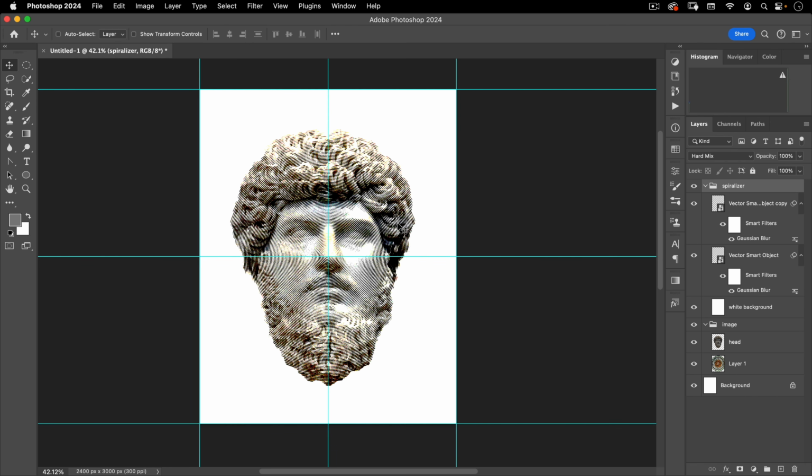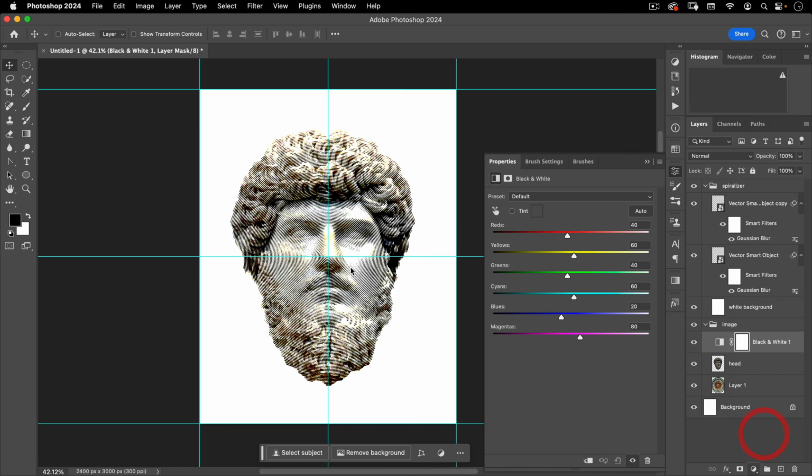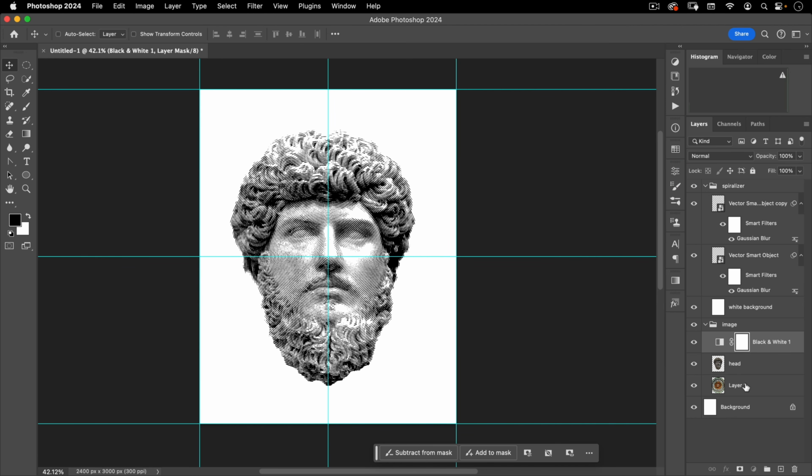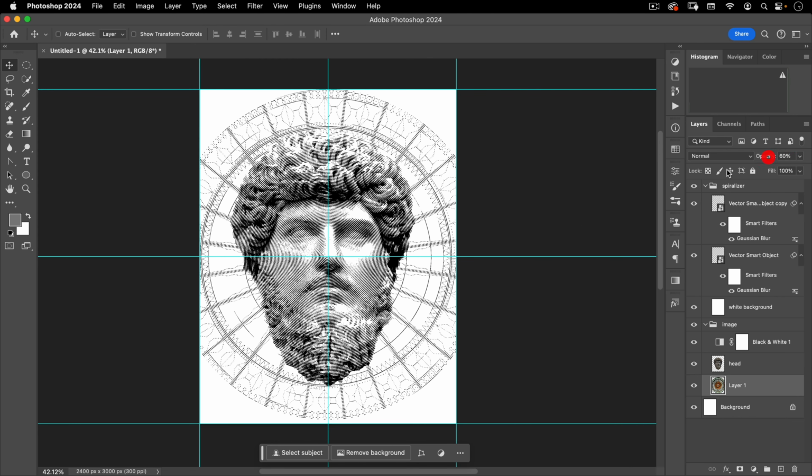Now, I don't want any color in it, so in my image group here, I'm going to add an adjustment layer called black and white. What that'll do is it'll just turn that image black and white. All right, now at 40%, this is all disappearing. So let's go ahead and make this just above 50%. And basically the way